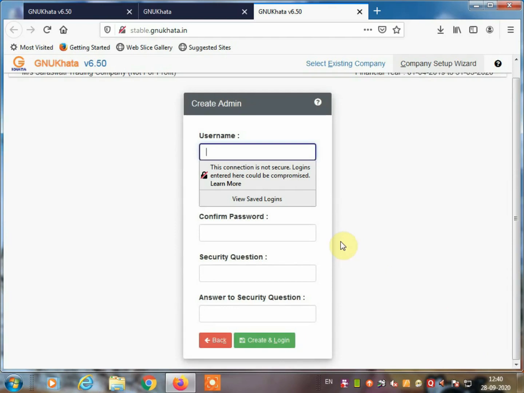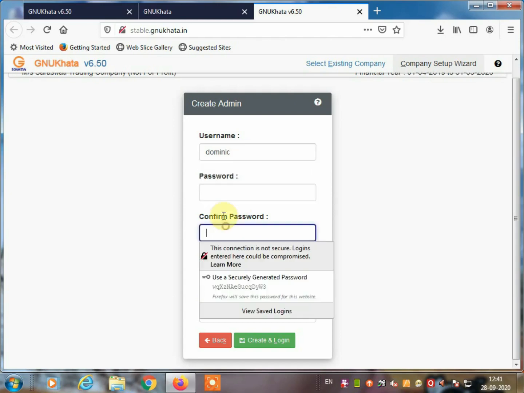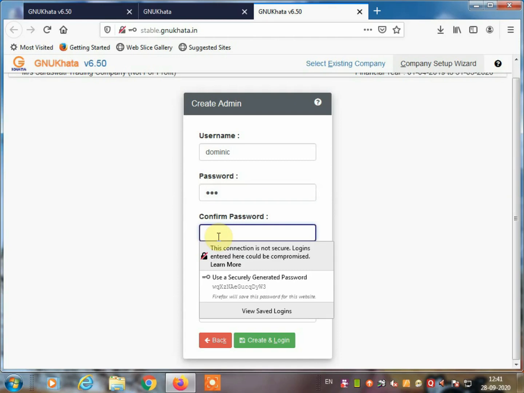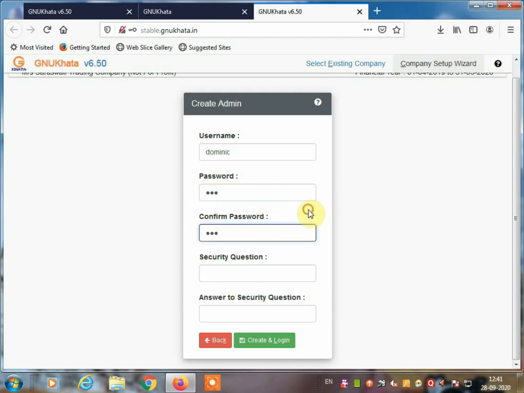Once you click on proceed, here the username is asked. The connection is not secure, and logins entered here could be compromised, so security is important. You have to enter the username and password. So I can write a username here, and then enter the password. Okay, the security question: if you forget the password, you can recall it.